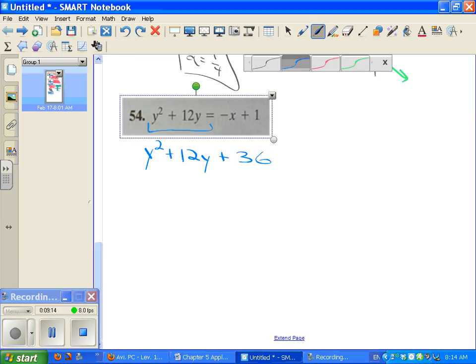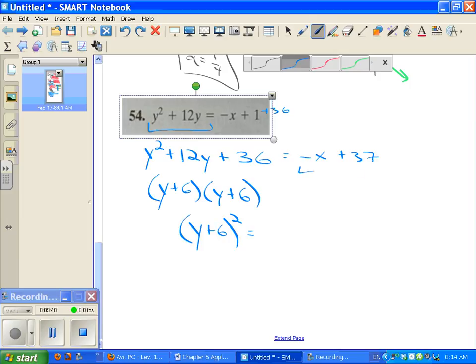So I have to add 36 to that side, so that means I have to add 36 to this side. So now I've got -x plus 37. Yikes. Okay, well, this is y plus 6, I'm sorry, plus 6, so this is y plus 6 squared, equals,